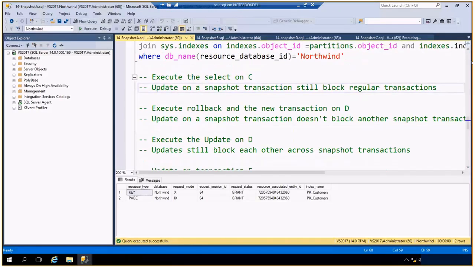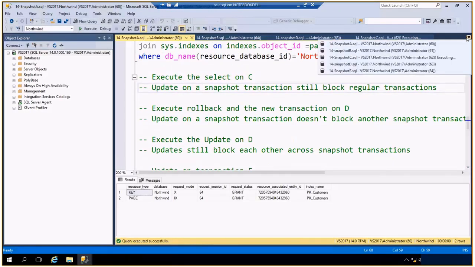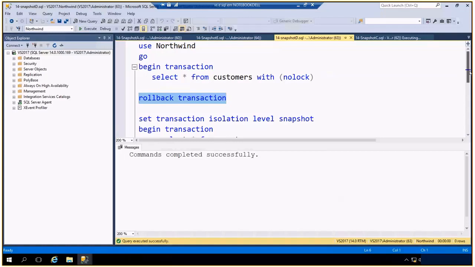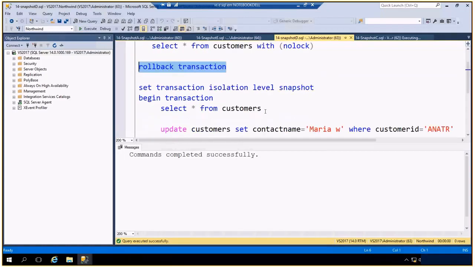Let's get back to script D. I'll create a rollback and create a new transaction that's a snapshot isolation level transaction.